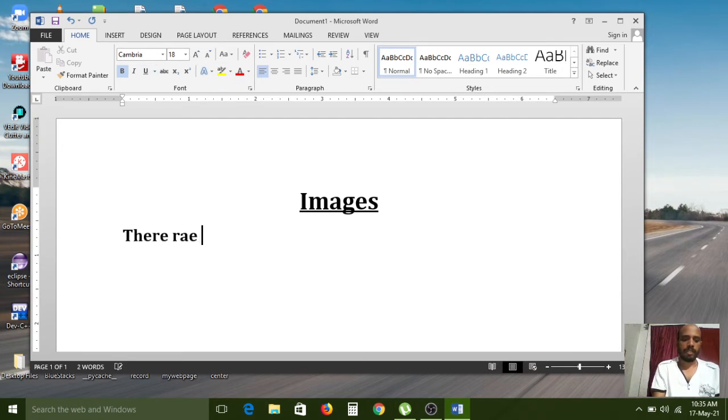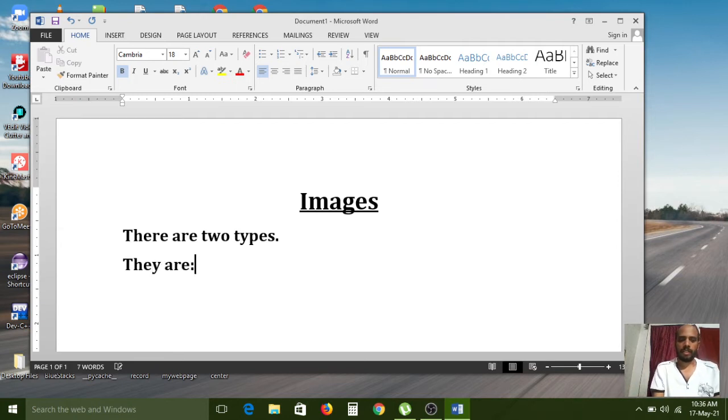There are a number of types of images in the market, but I have given a few important ones. These two types of images are used regularly. I am telling you right now, there are two types of images.